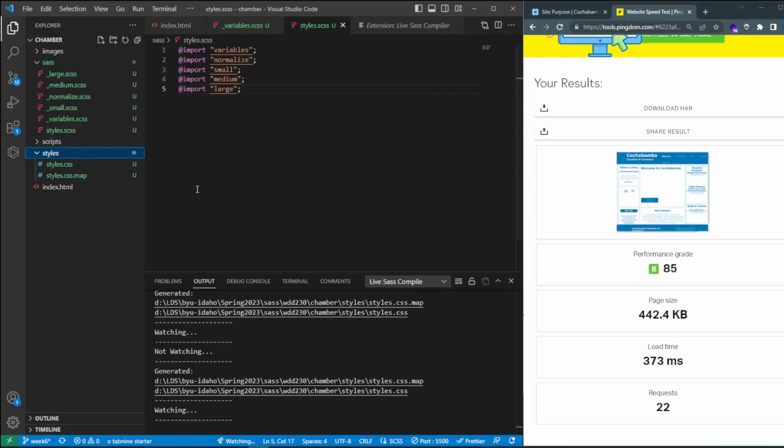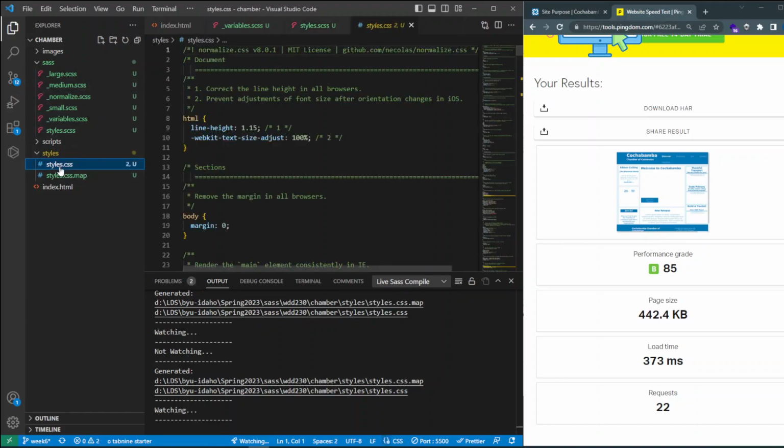As you can see here, once we do this, we start the compilation of the partial folder, and all these partial files were combined in this styles.css file that was created under the styles folder. Remember that the styles folder was empty before I used the SASS extension to compile the partial files. And you can see here